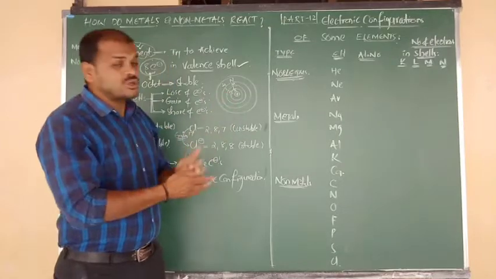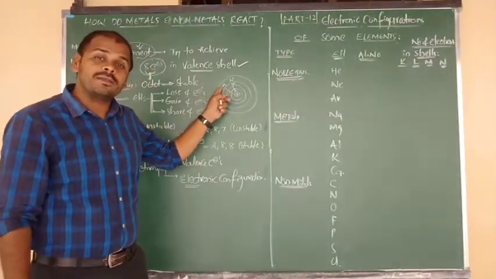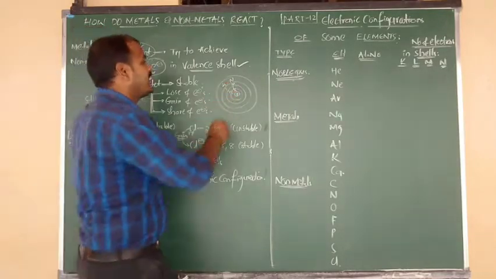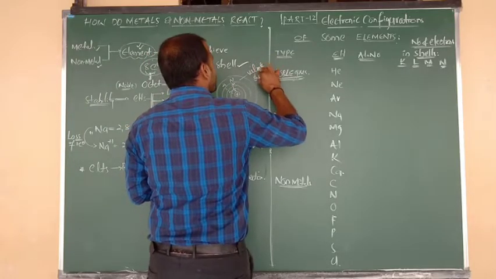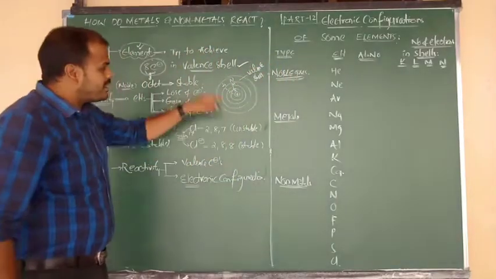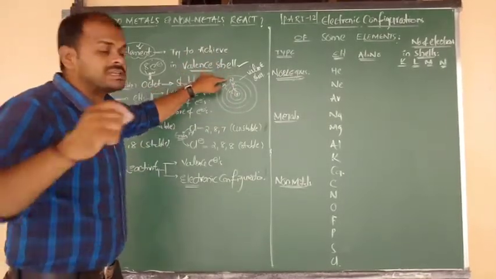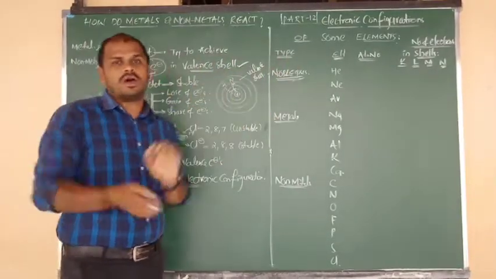So in that respective atom, what is the outermost orbit? Fourth orbit is the outermost orbit. The nth shell is the outermost shell, and also we can say that this is nothing but the valence shell. As per this diagram, in that atom, their outermost orbit is nothing but the nth shell. So such n shell is called valence shell, or we can say outermost orbit.